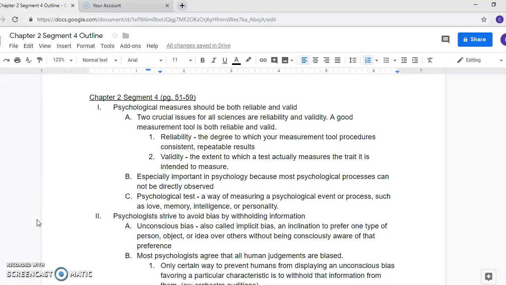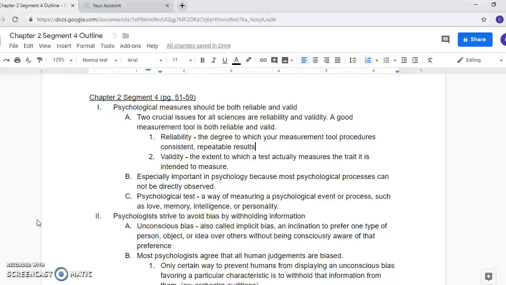So this is a very crucial issue for all sciences, not just psychology, that experiments and tests are both reliable and valid, and a good measurement tool has both of these qualities. Reliability means the degree to which your measurement tool or procedure gives consistent, repeatable results. So if it's repeated, you are going to get the same results, and this lets you know that